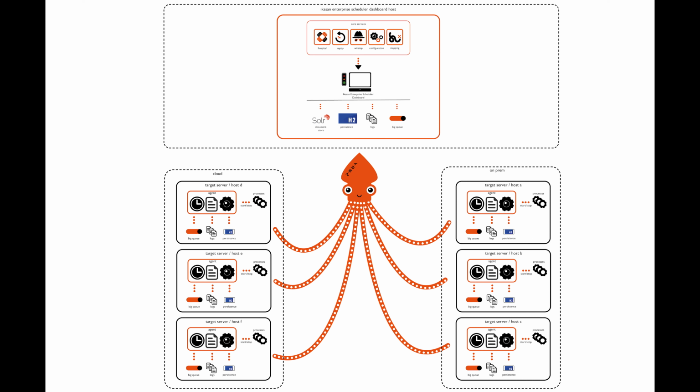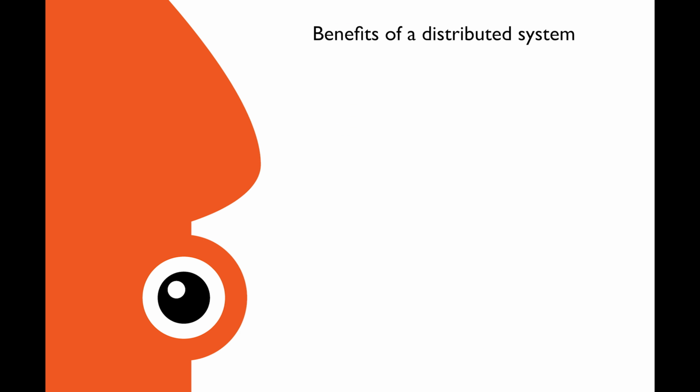The system's architecture is designed to distribute the processing and computing across various nodes and offers several benefits, including scalability. Distributed systems can easily accommodate increasing demand by adding more nodes to handle the workload, allowing for horizontal scaling. Fault tolerance. Due to the decentralized nature of distributed systems, they can continue to function even if some nodes fail or become unavailable, reducing the risk of system downtime. Performance. By distributing tasks across multiple nodes, distributed systems can achieve higher processing speeds and improve overall performance. And flexibility. Distributed components of the system can be developed and updated independently, making it easier to adapt and evolve